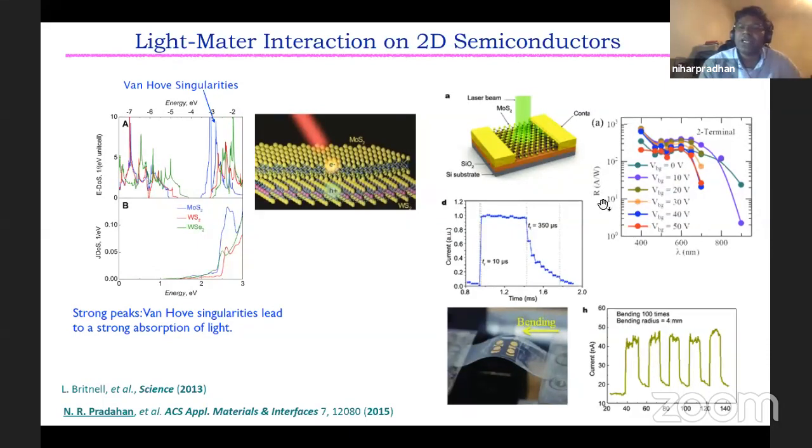They don't have only strong light-matter interaction properties, but they respond to the light very effectively, very quickly. Okay, here you can see the light is on here, and you can measure the current as a function of time. When you shine the light, you can see within 10 microseconds you can measure the signal from the device, so it can quickly respond to the optical